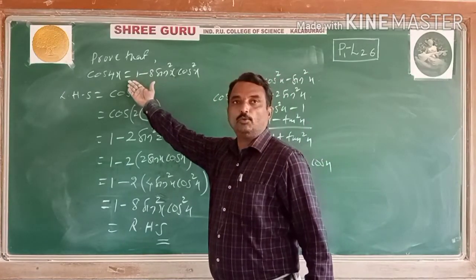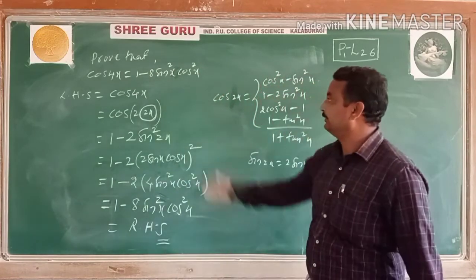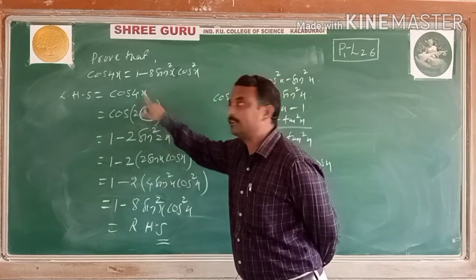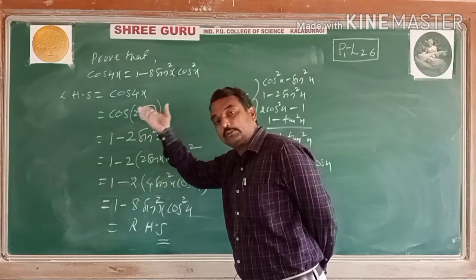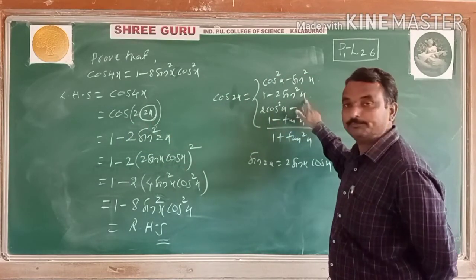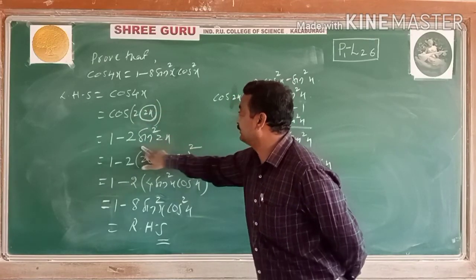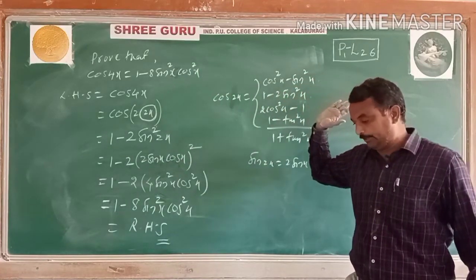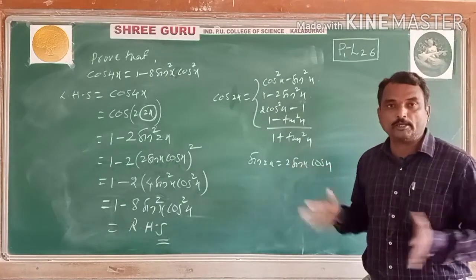Cos 4x equals 1 minus 8 sin square x into cos square x. See, this cos 4x we have taken as 2 times 2x. For 6x you can take 2 times 3x or 3 times 2x, since you have the 3x formula and the 2x formula. Here I substituted the second form in terms of 2x, 1 minus 2 sin square 2x, then substituted the sin 2x formula. Simplified, you get the RHS. This is very simple. Like that you may convert 4x, 6x, 8x, students.